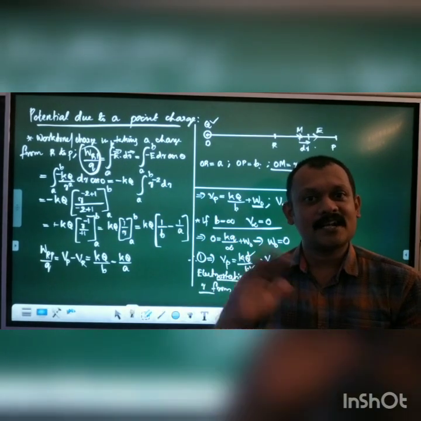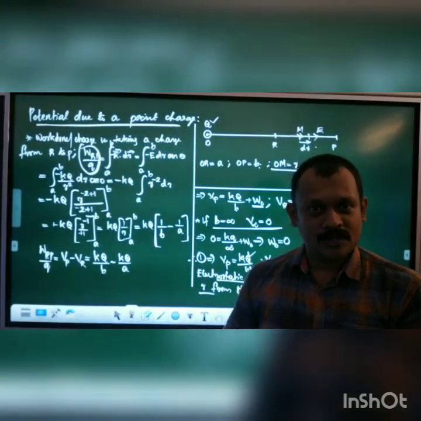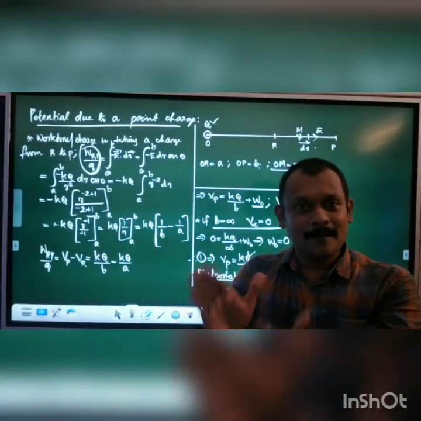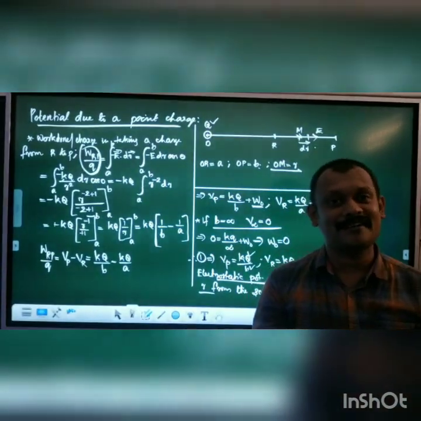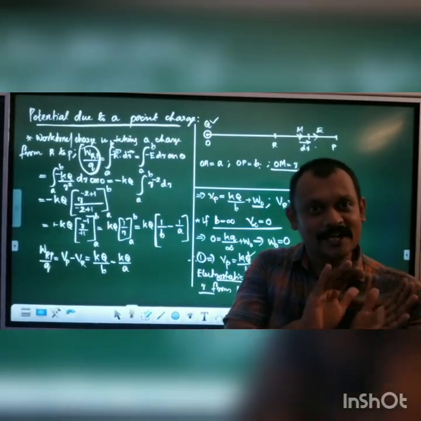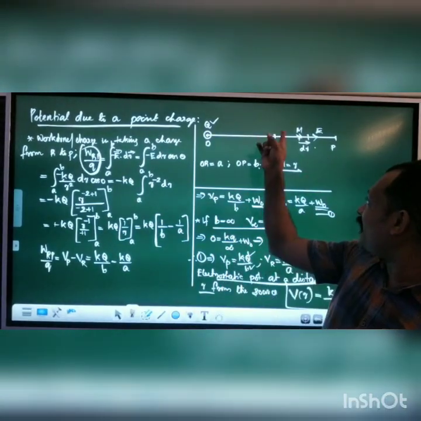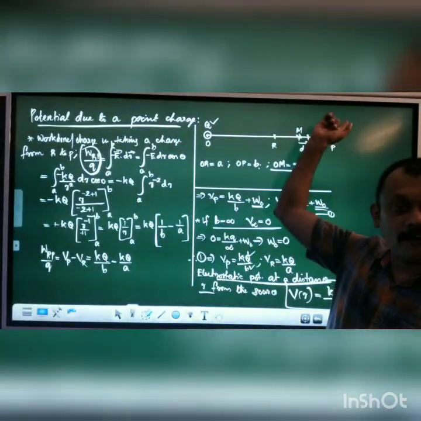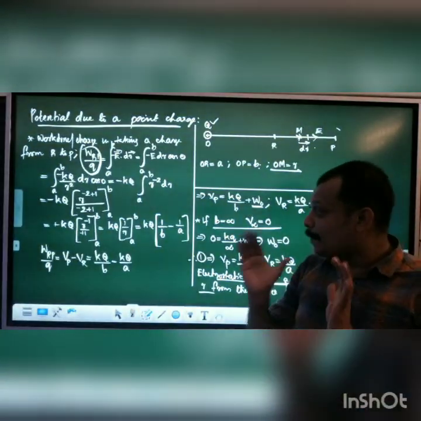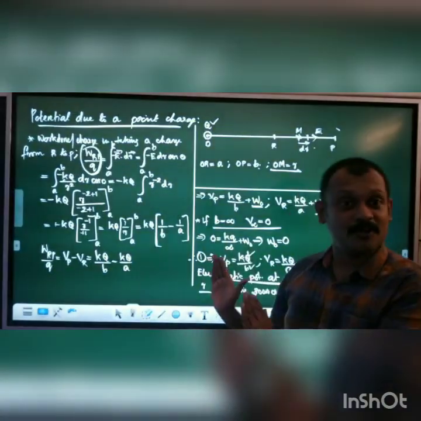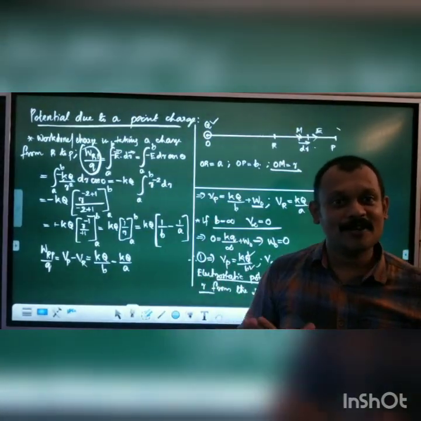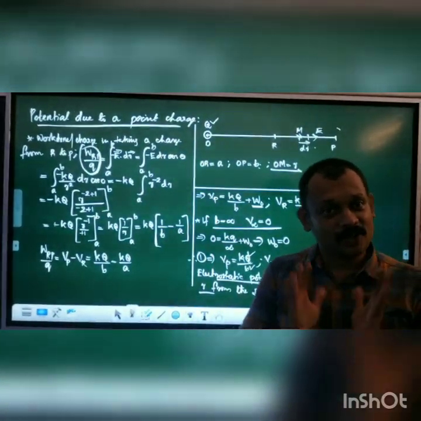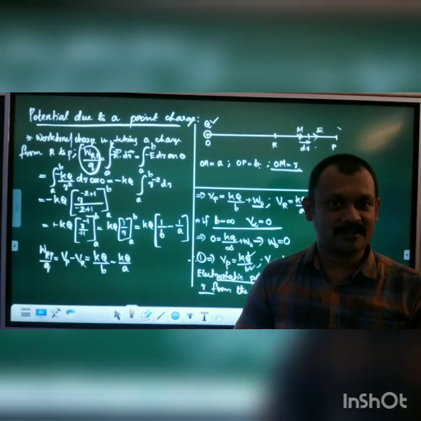Now to signify that concept, NCERT has given a minus. You have to take an additional minus because when a charge is taken against the field, the electrostatic potential increases. The only difference between me and NCERT is that I have taken from a nearer point to a farther point. In NCERT it is taken from a farther point to a nearer point. If this derivation is clear to you, don't hesitate to copy it into your notebook and study it. There is no problem in learning this derivation because you are going to get full marks for it.